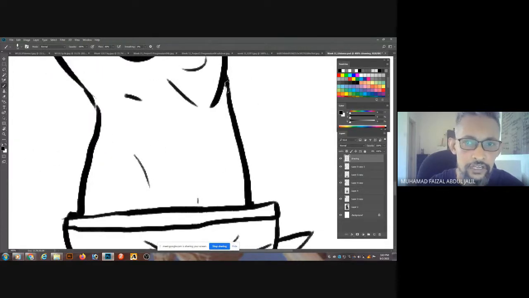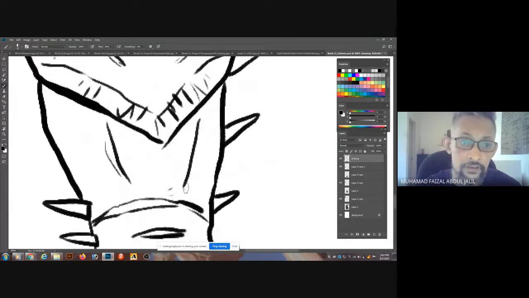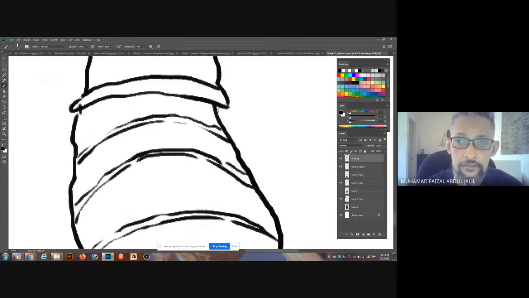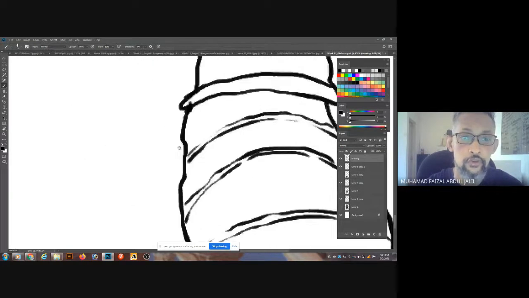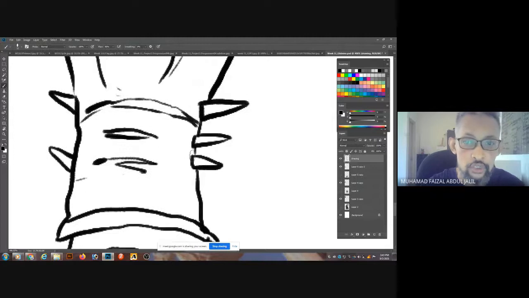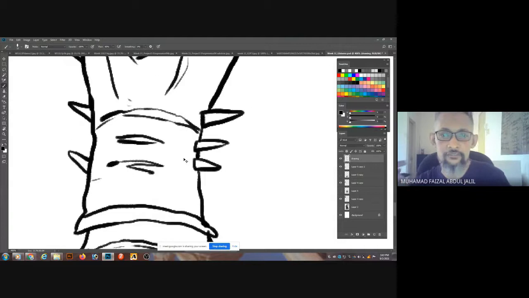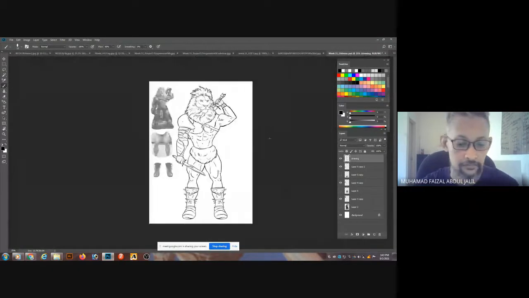Whatever you guys do right now is only around 10% of the process of developing the characters. Only 10%, right? But it's good for you to have that kind of exposure here in the beginning, because later on when you design your own characters for your own animation or comics, you have those basics, those foundations, for how to develop your character design in the first phase. So right now